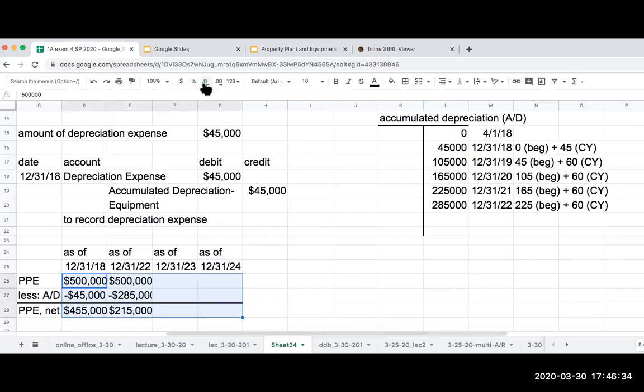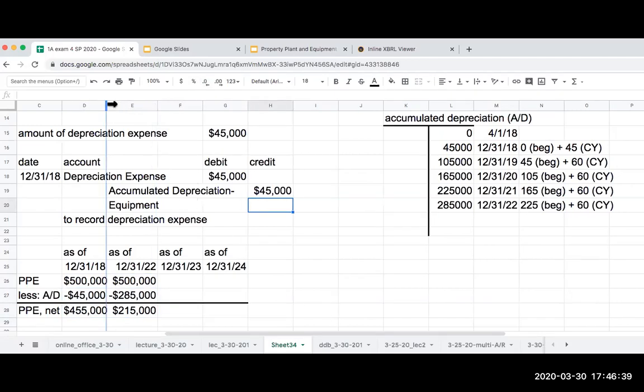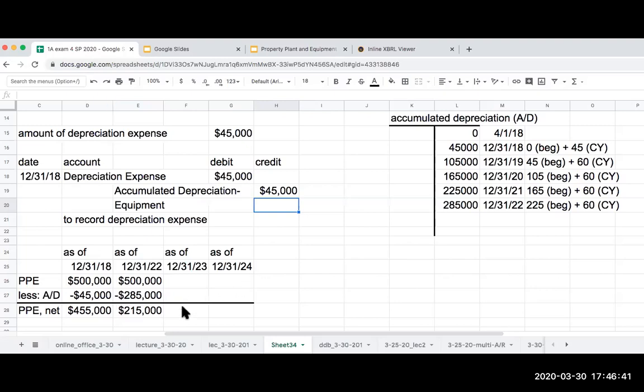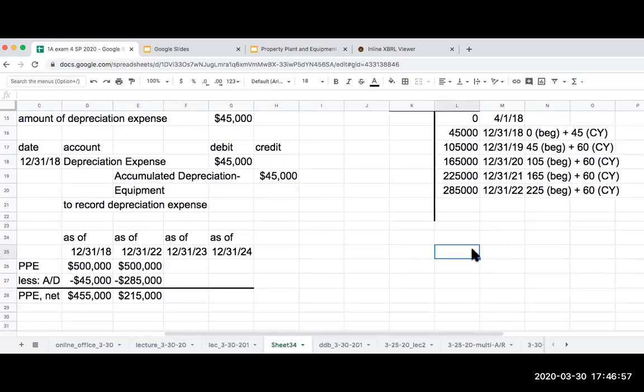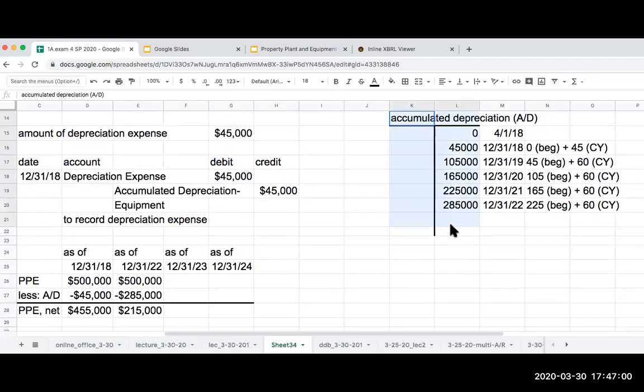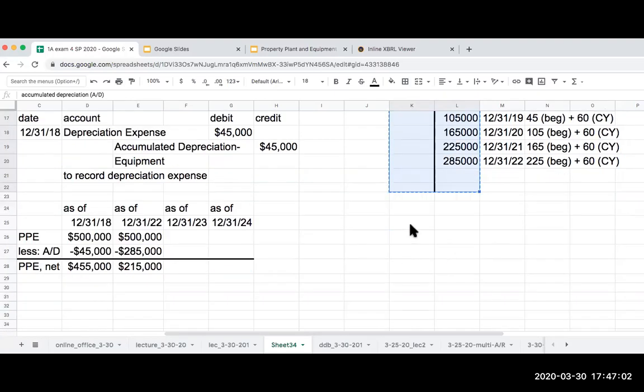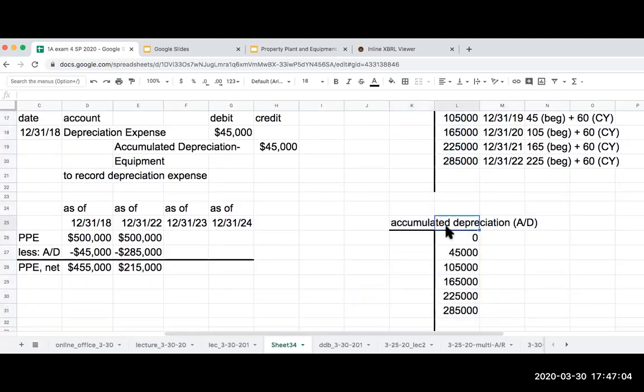So my amount of property, plant, and equipment net is going to be $215,000. Now, one of the things to really remind ourselves about is we're getting near, not dangerous territory, but I can never depreciate an asset below salvage value. My salvage value right over here is $200,000, right? So I've got to be careful. So right over here, this is the accumulated depreciation. I'm going to come down over here, and if I call this depreciation expense,